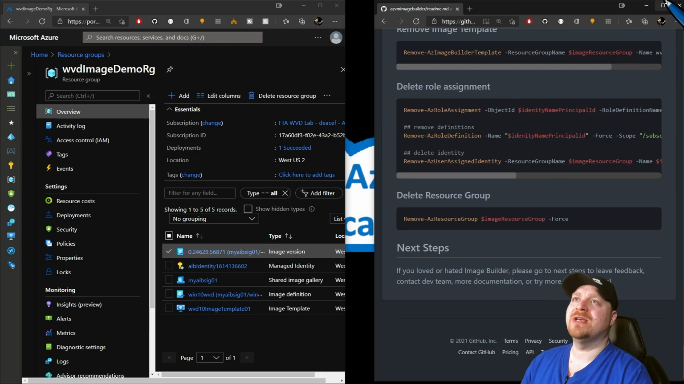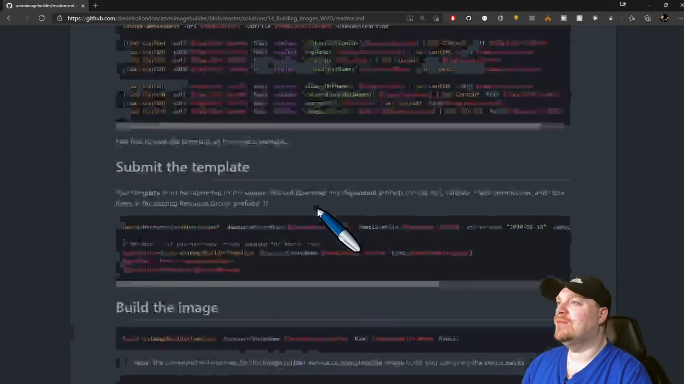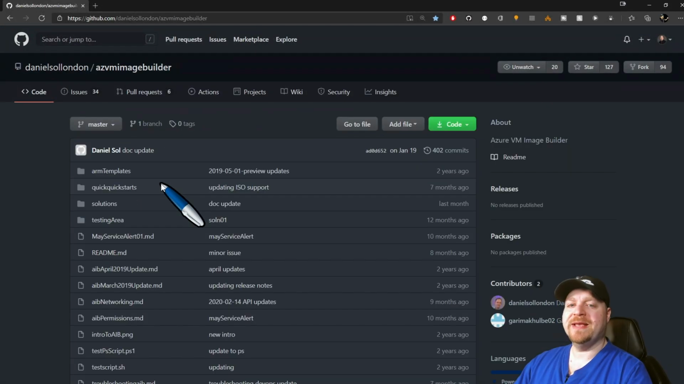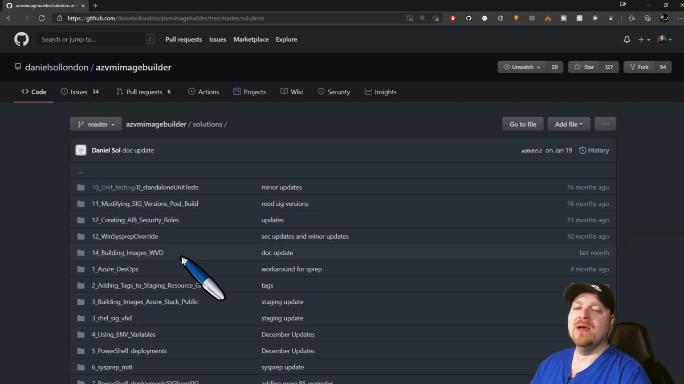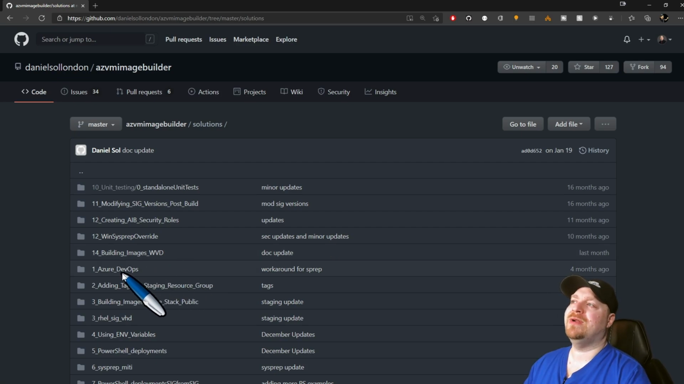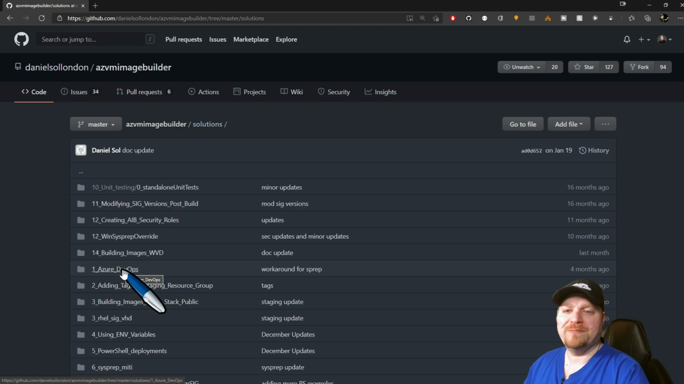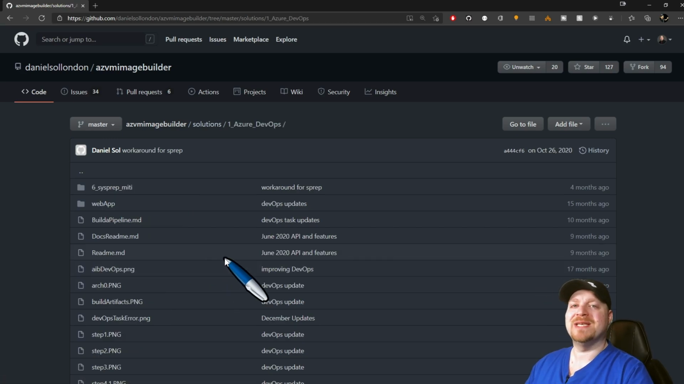And let me give you just a quick tour around this GitHub repo that we've been looking at. So this is the main repo page of the Image Builder. If we go to Solutions, we'll see number 14 here, building a WVD image, and that's the repo that we've been directly working from in this session. Notice right underneath that is Azure DevOps. So there is an Azure DevOps extension for Azure Image Builder, so it'll integrate directly with your build and release